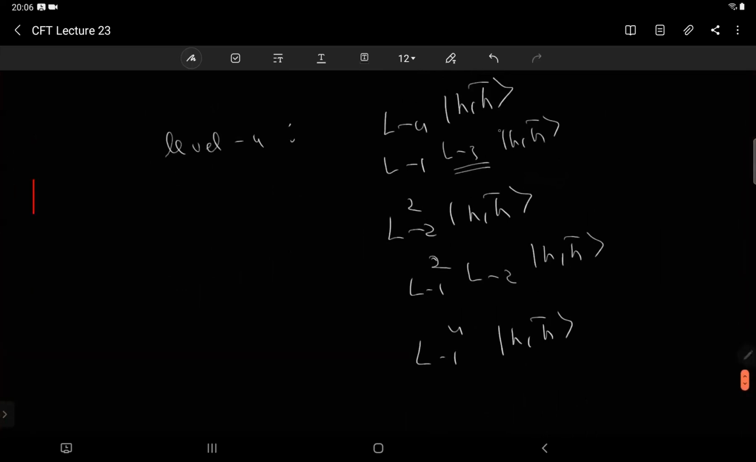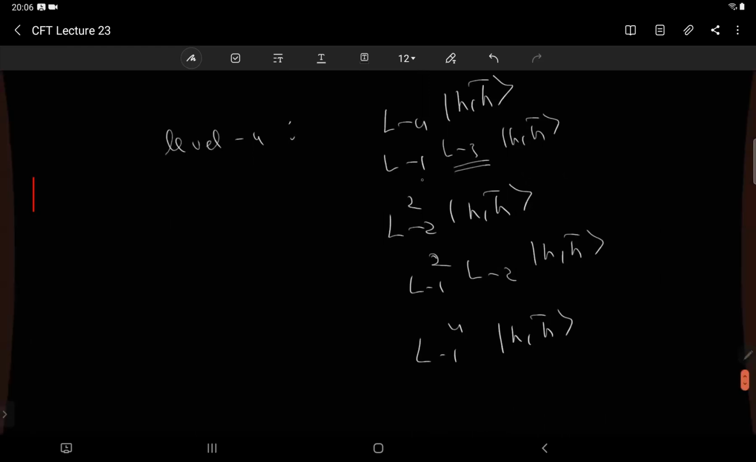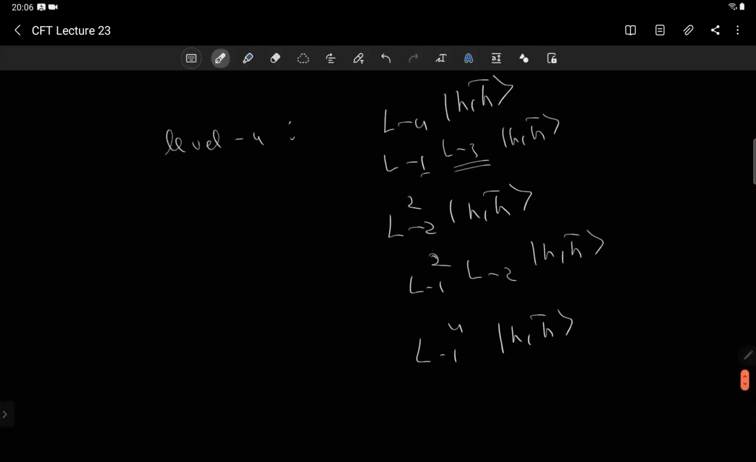তো সেটাই বলছে যে লেভেল 4 মানে কি হবে, সেটা হচ্ছে একটা L minus 4 HH বার, আর একটা হচ্ছে L minus 1, L minus 3 HH বার। কারণ এতে যতগুলো নিচের পাওয়ার আছে সেটা অ্যাড করতে হবে, সেটাই তার আইগেন ভ্যালু। আর তাদের L minus 2 হোল স্কয়ার হতে পারে, আরেকটা L minus 1 হোল স্কয়ার, L minus 2 হতে পারে, আরেকটা L minus 1 to the whole 4 হতে পারে।